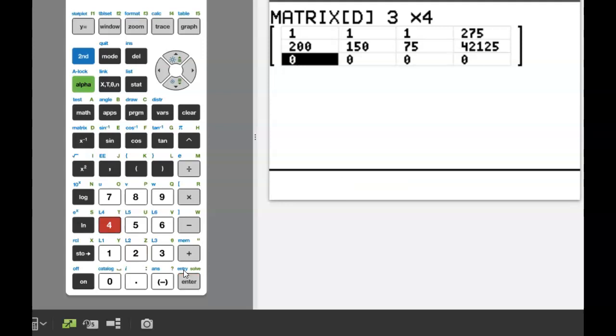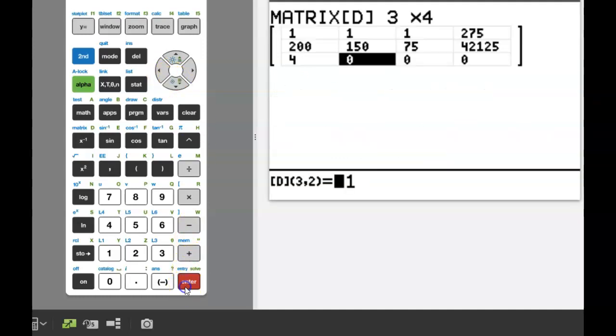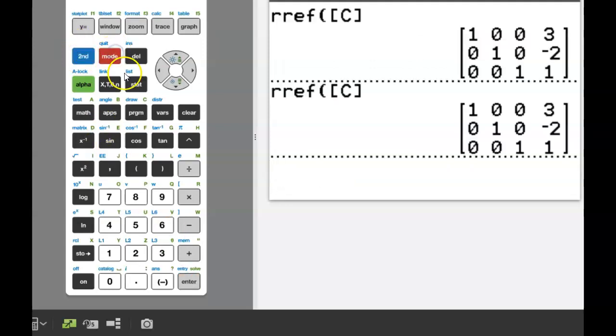And then did we do 4, -1? 4, oh, can't use that. Okay, this needs to be a -1. 4 and 0? Is that what we had? Okay. So if I have it in right,